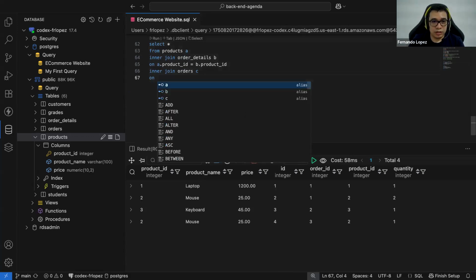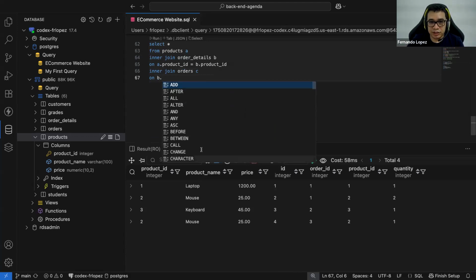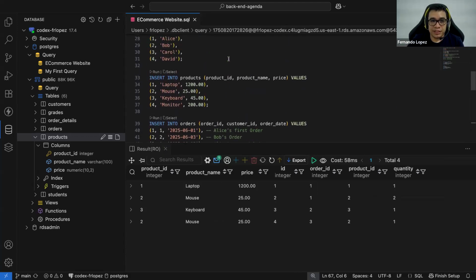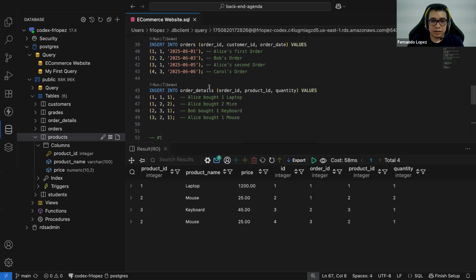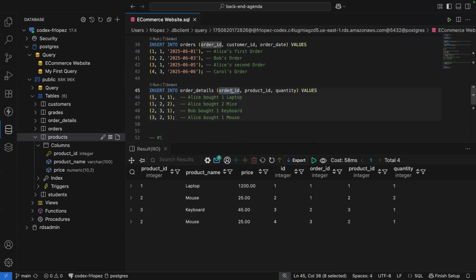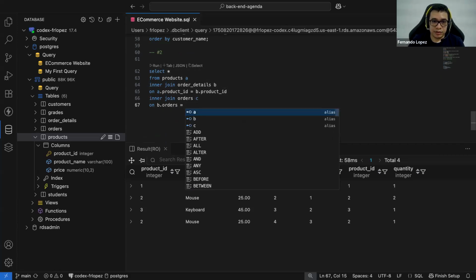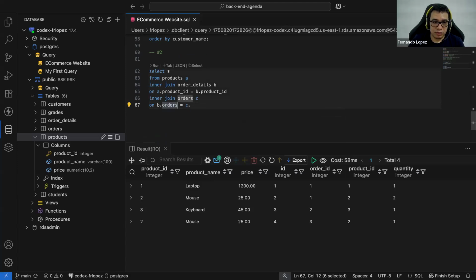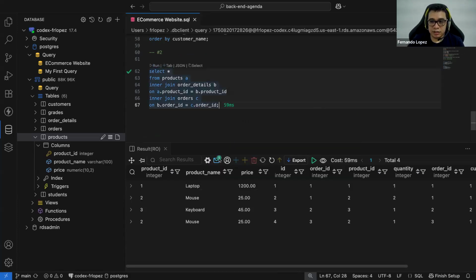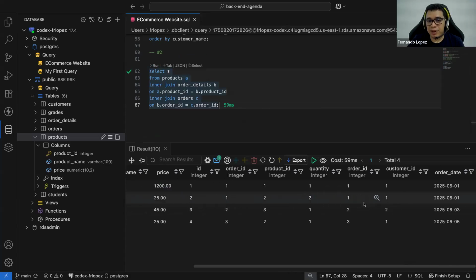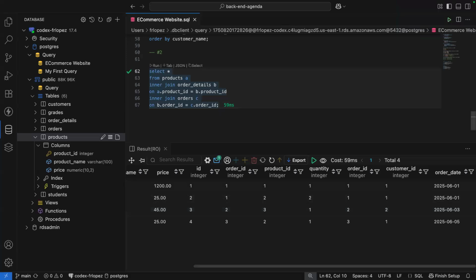And we're going to join by B dot, as you see in the B table, that is the details, we have the order ID, right? Do you agree with this? Yes. So we're going to join with the order ID from the C dot order ID. Let's see if this is running. Yeah, it is. So as you see, I'm bringing everything. I'm bringing all the columns between the 3 tables right now. But let's prettify this report.